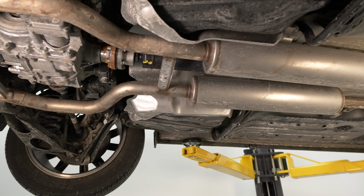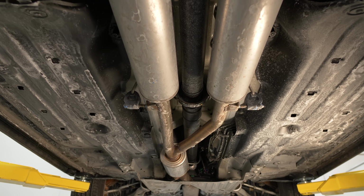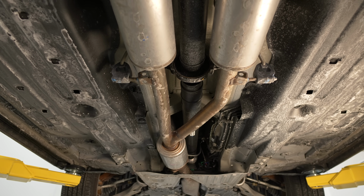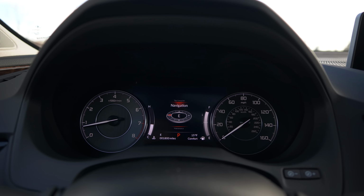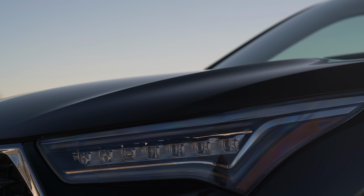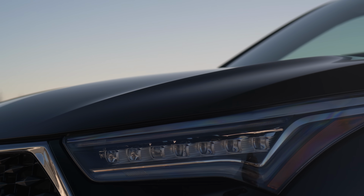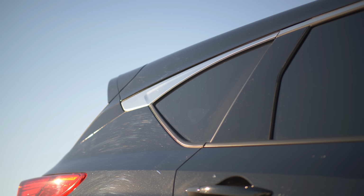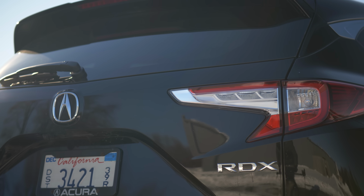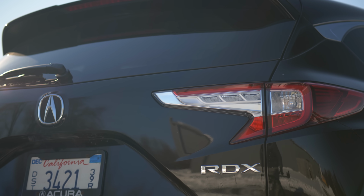So why would they spend all this time and money to have something like this? Well, the reality is this is one of the most competitive segments. CUVs and SUVs are where most consumers are spending their money. And to get ahead, you kind of have to start from scratch, and that's what they did. They have new things they've never done before, like the way that they do some of their steel stampings, structural adhesives, a newly designed rear independent suspension. I mean, I could go on and on about this stuff, but none of it matters if it doesn't drive